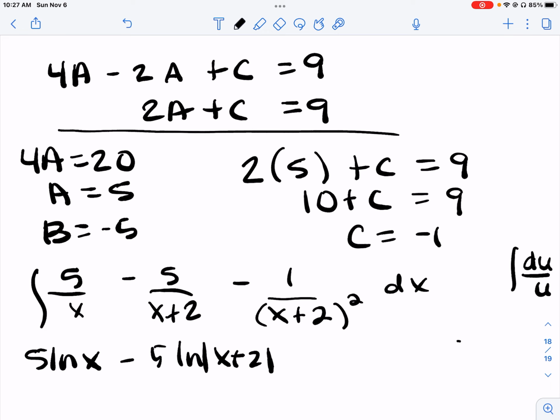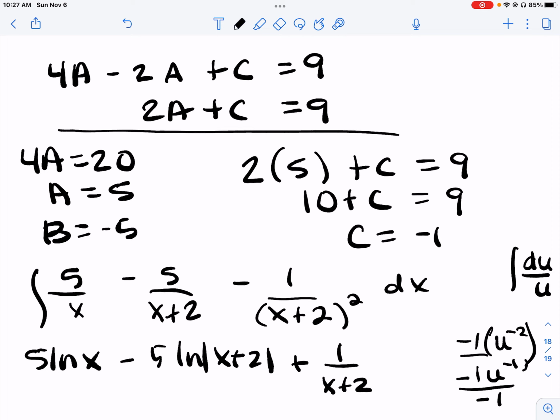The negative 1 over x plus 2 squared is in the form negative 1 u to the negative 2. So that would be negative 1 u to the negative 1 over negative 1. The negatives divide out, so this would be plus 1 over x plus 2, because it's u to the negative 1,